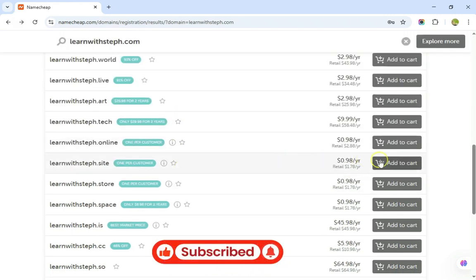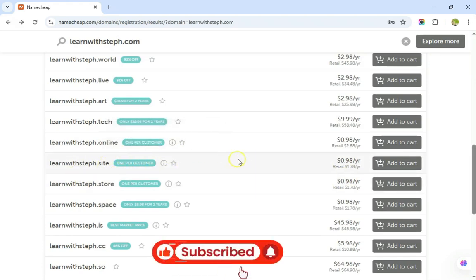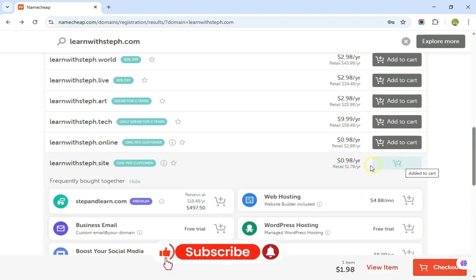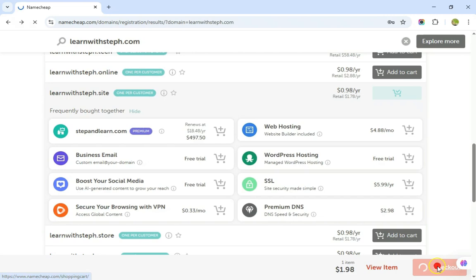So this is the .site. I'm going to use this particular name with .site. If you want to add your domain to cart, just click on add to cart. So this is the total amount I'm going to pay for the first year. After adding your domain to cart, click on checkout,